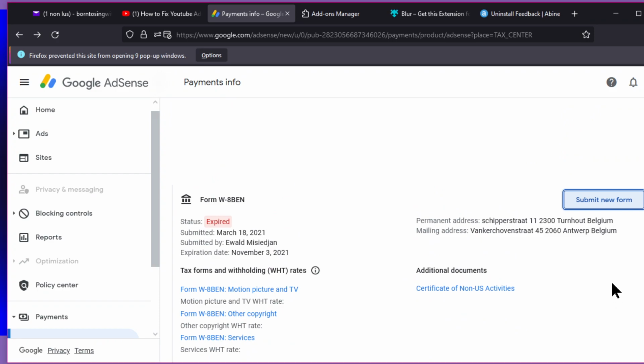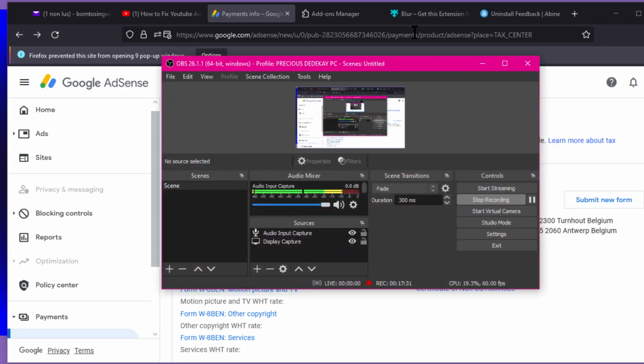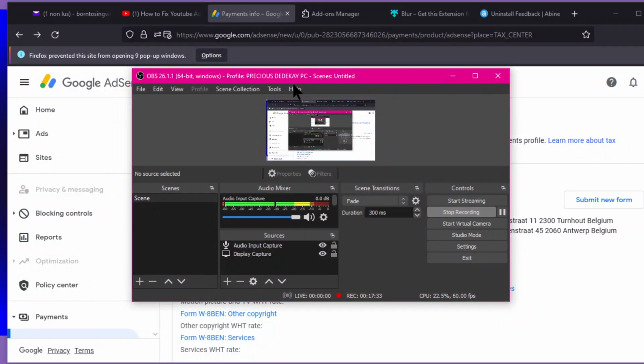What that is, so I'm going to pause this video and find out what it is. It's very funny also, this very famous OBS. They should have a little thing down here that you can see all the time, so if you want to pause the video, you can just pause the video.